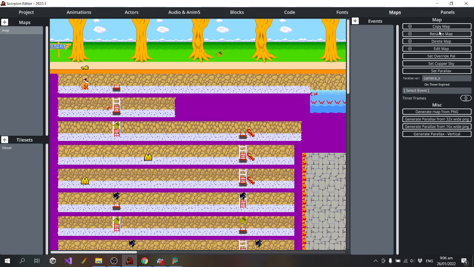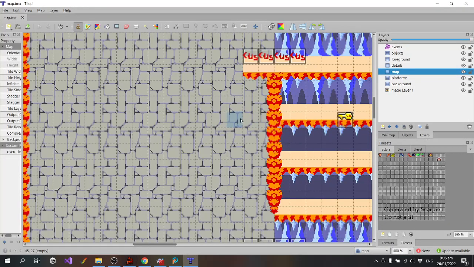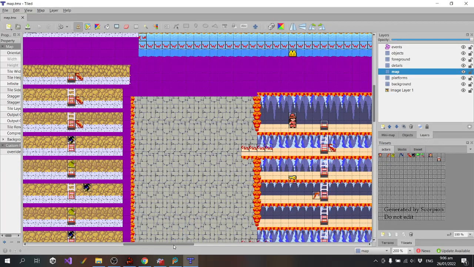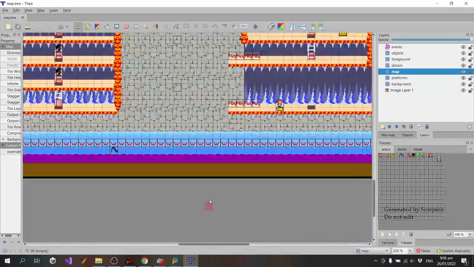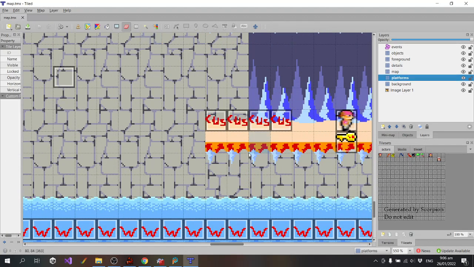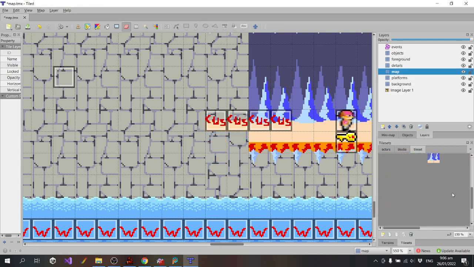Or did I just not save it? Maybe I closed it without saving it. Oh, no, okay, so the problem was I edited the wrong part of the level. Which is alright, I just need to do that all again. Just over there.